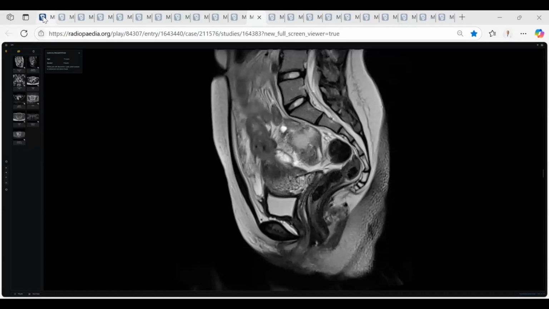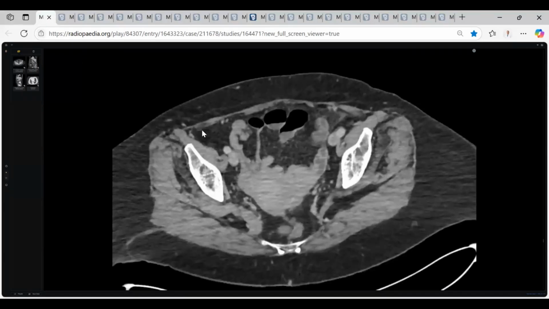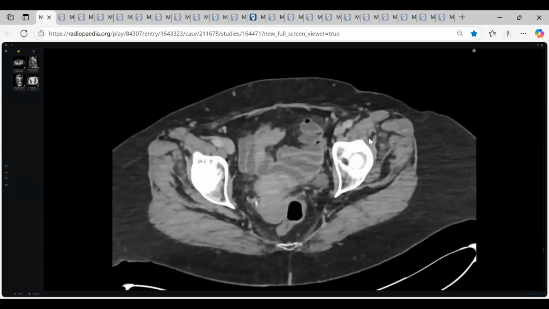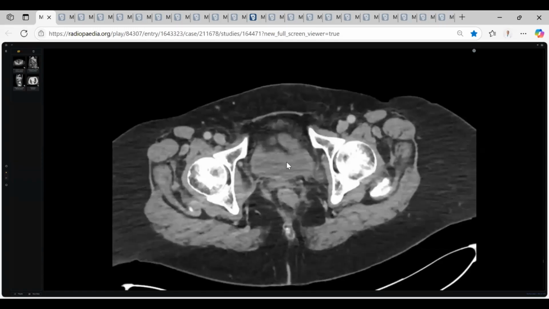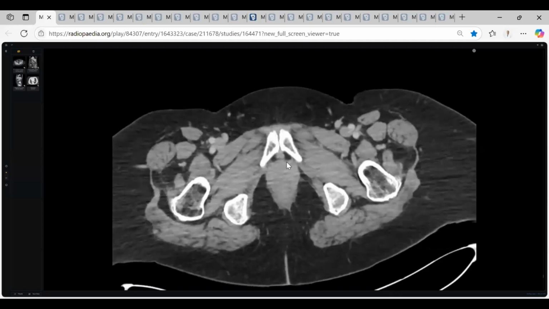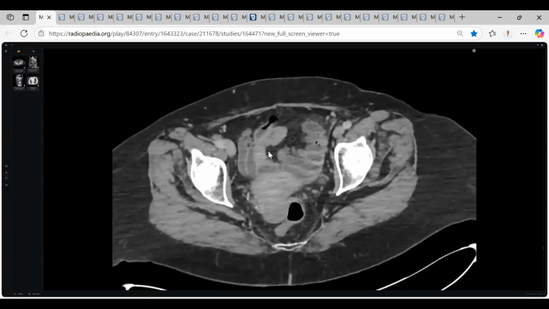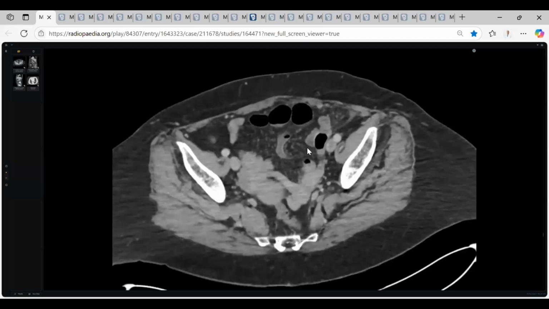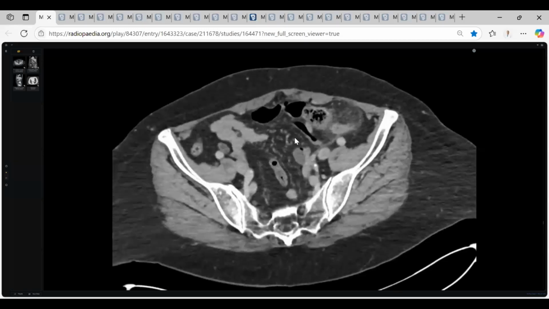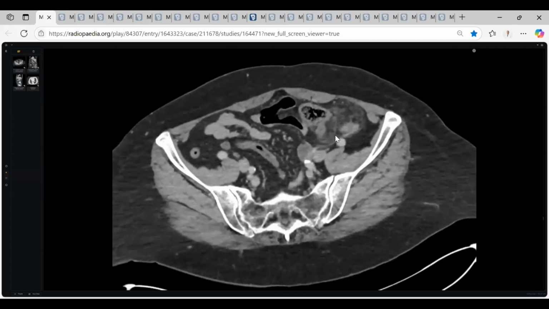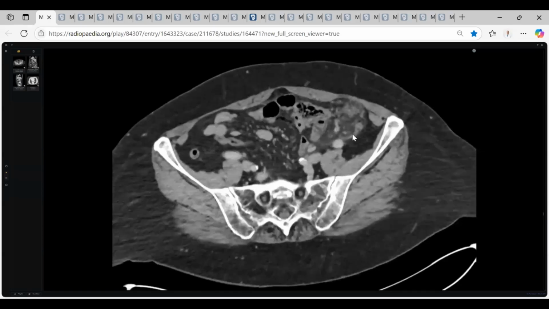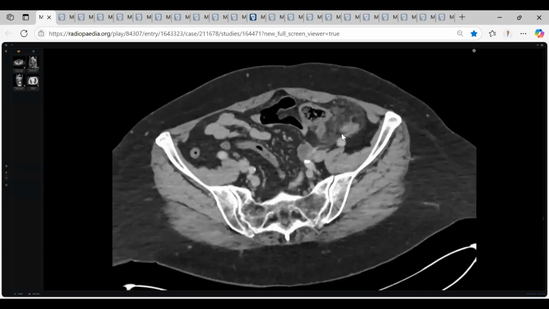Okay. I'm looking at the MRI of a... Yeah, this is a CT. I'm just continuing to scroll. Currently, I'm trying to look at the left iliac fossa. I can see some central dilated small bowel loops. There's no obstruction. I can see that there is thickening of the terminal